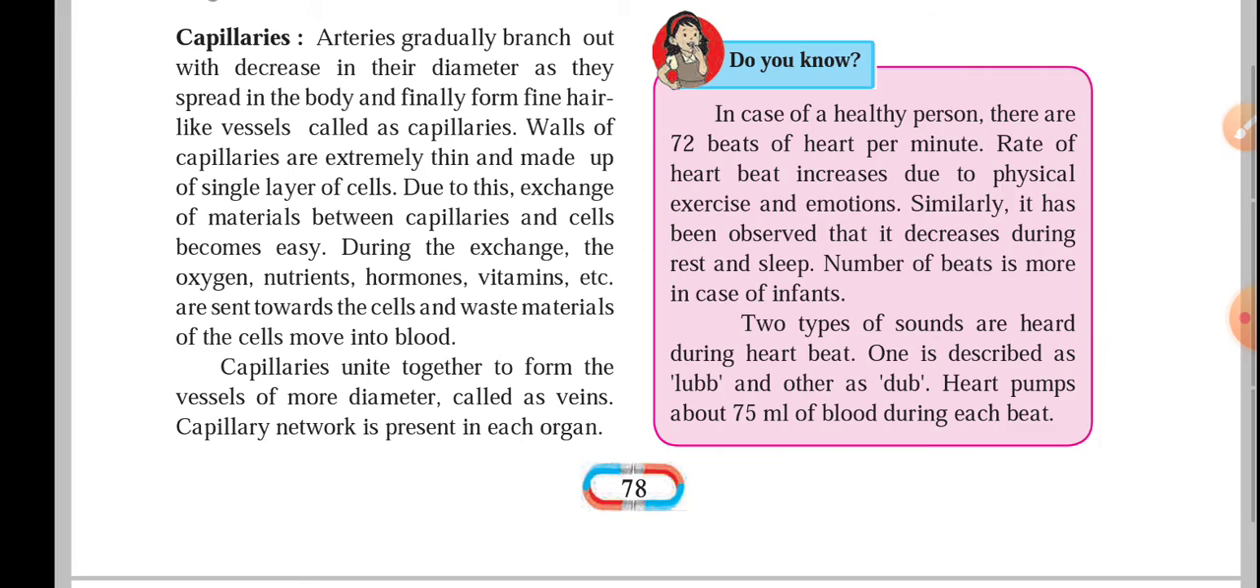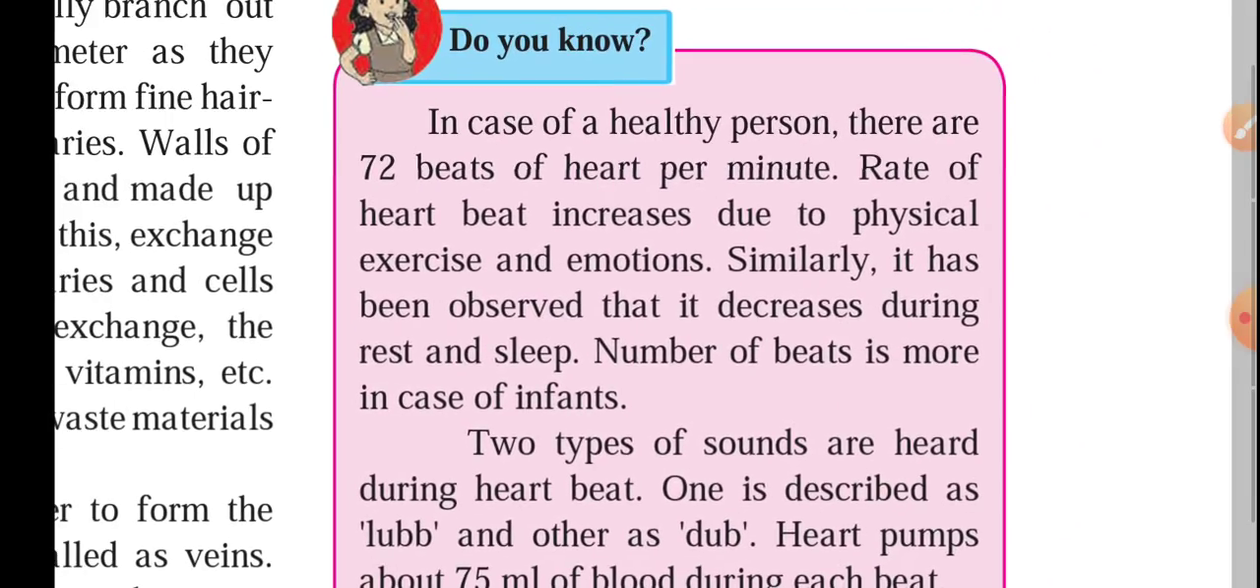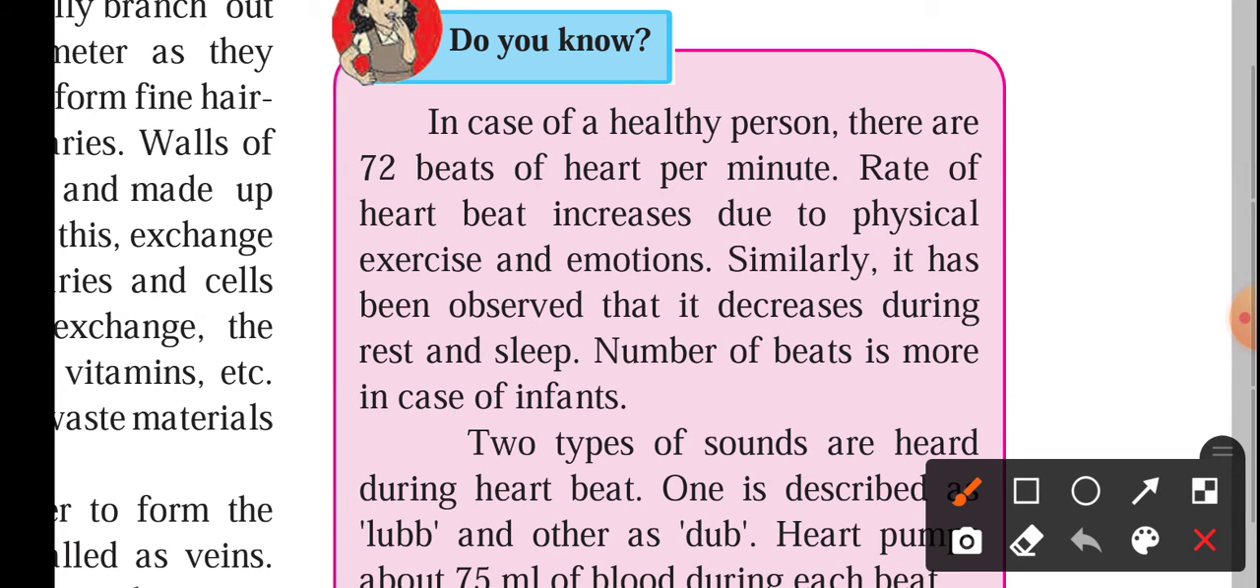All the information regarding the capillaries they have mentioned over here. Now, another important thing I have to mention is that a healthy person has 72 beats of heart per minute. This is a healthy person in a normal condition. Even when we walk, speak, run, or do any physical exercise or physical activity, the heartbeat increases,